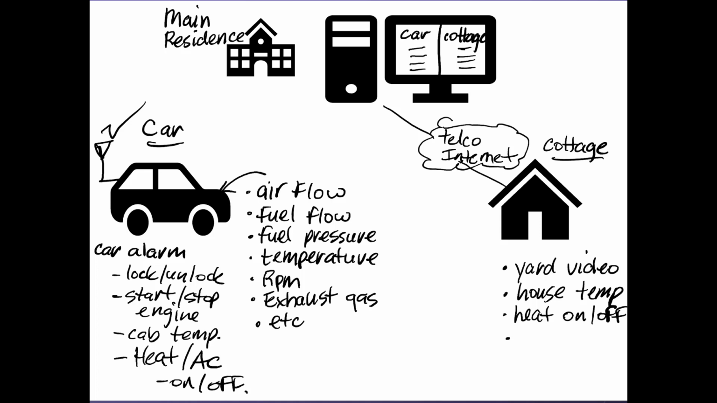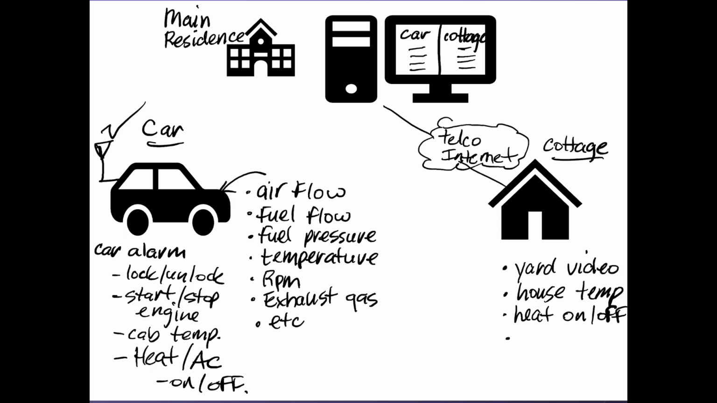You could monitor whether the engine is running or stopped, your cab temperature, whether the heat or AC is on or off, and in turn you could control that. So you could lock or unlock the door, start or stop the engine, turn on or turn off heat or AC. So that would be a wide area network accessing that car alarm, no matter where it is, to retrieve a few points and to control a few points, and look at it, get a snapshot of what's going on at that remote site, being your